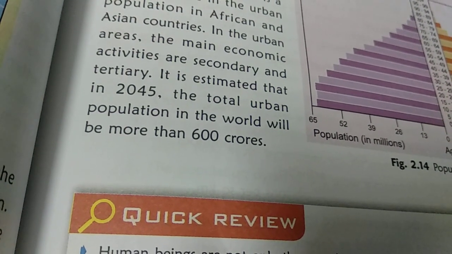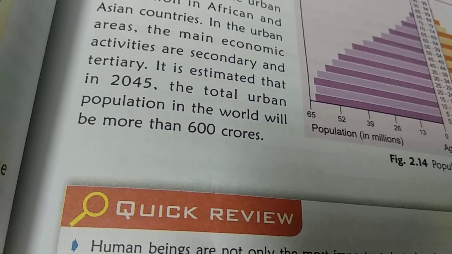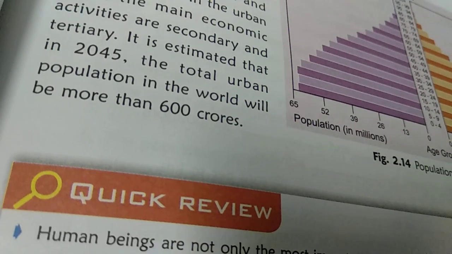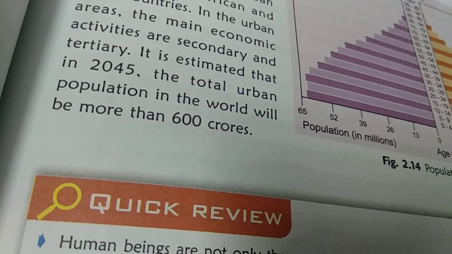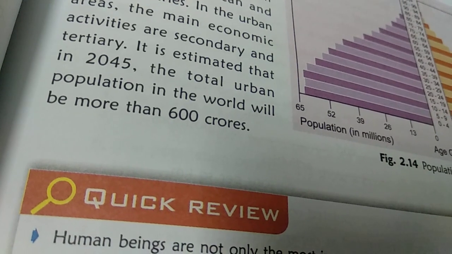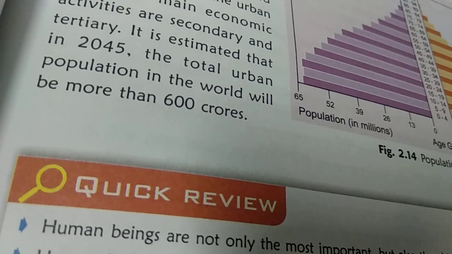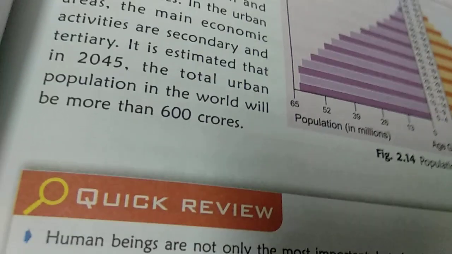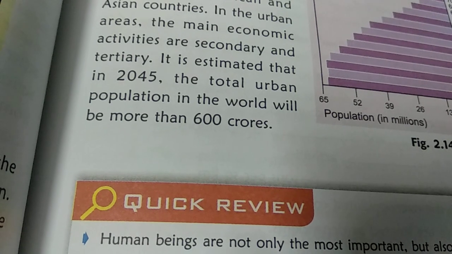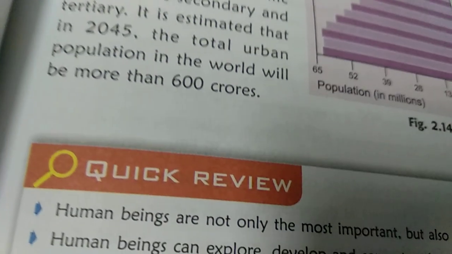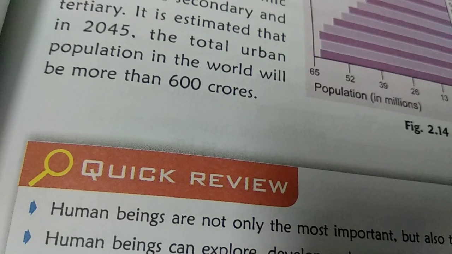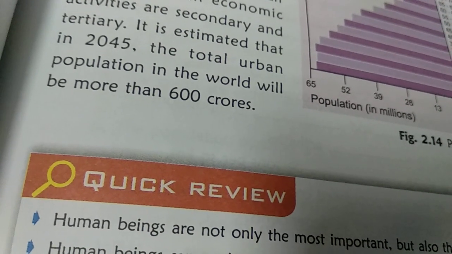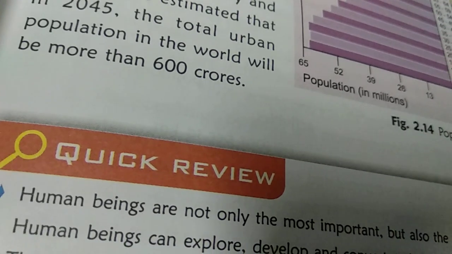It is estimated that in 2045, the total urban population of the world will be more than 600 crores, which is a very, very large amount. So from today only, different steps have to be taken by